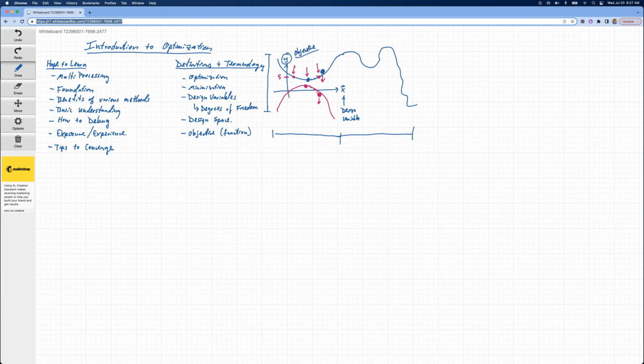Okay, so those are just some terminology we're going to be bouncing around today as we work through some problems here. Okay, so let's start off with an example problem. And what I'd like you to do is